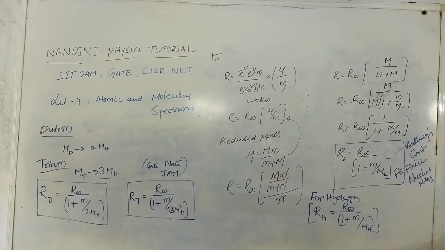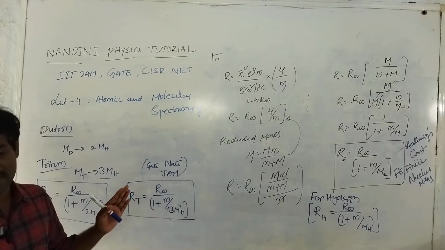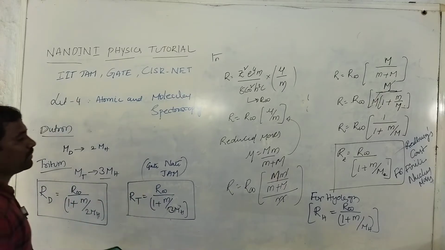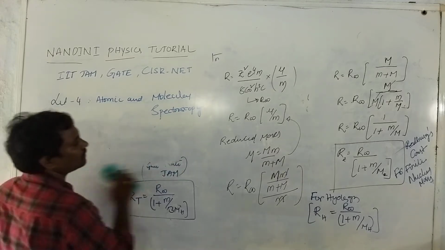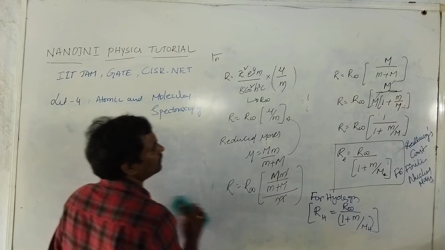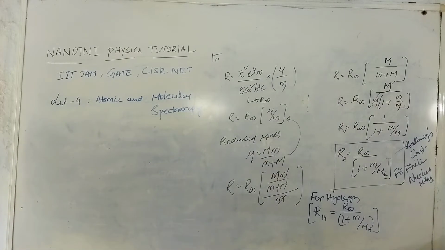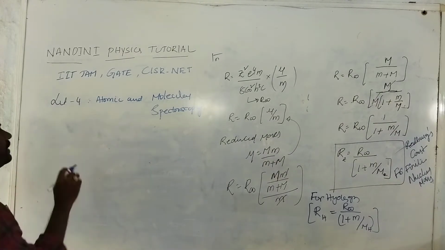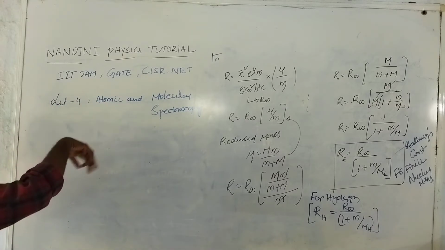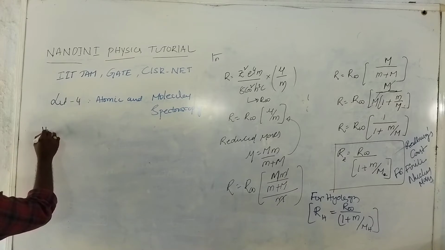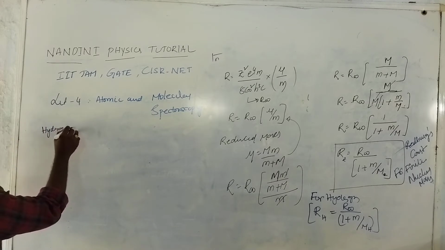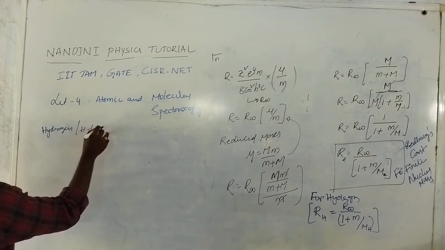Also, right now I introduce some hydrogen spectra. In that spectra I will explain the Balmer series, Brackett series and Pfund series, and after that the series limit also. Right now I want to find out the hydrogen spectra. This atomic spectra, or the whole Bohr theory, I can explain only by using hydrogen and H-like atoms.